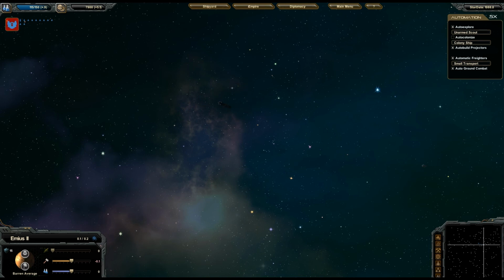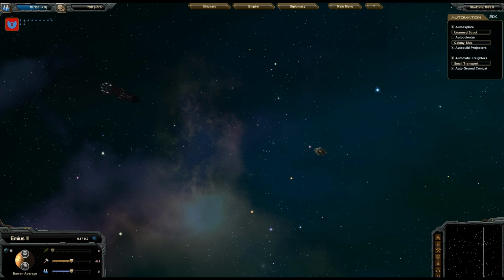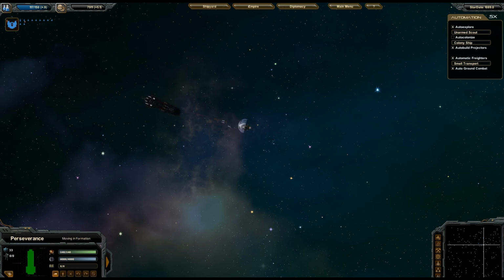Oh, here he comes. Somebody came for a fight. He didn't want to wait anymore. Oh yeah, they're actually coming to me. Oh, good shot. Whatever weapon that is, that's pretty sweet. Yeah, that's your beam cannon. You'll see that on your corvettes as they come in. Wow. And it takes away their